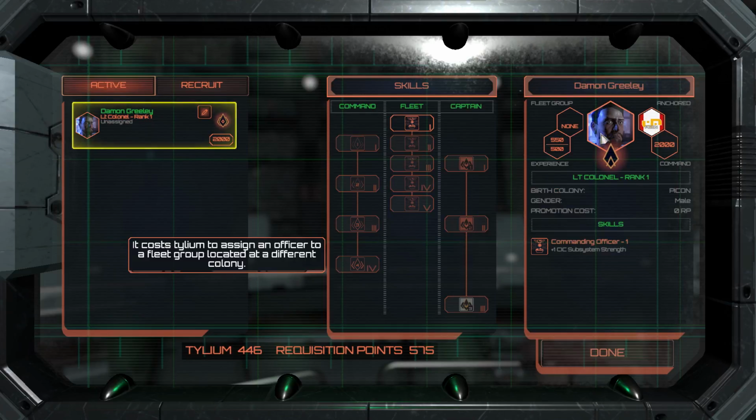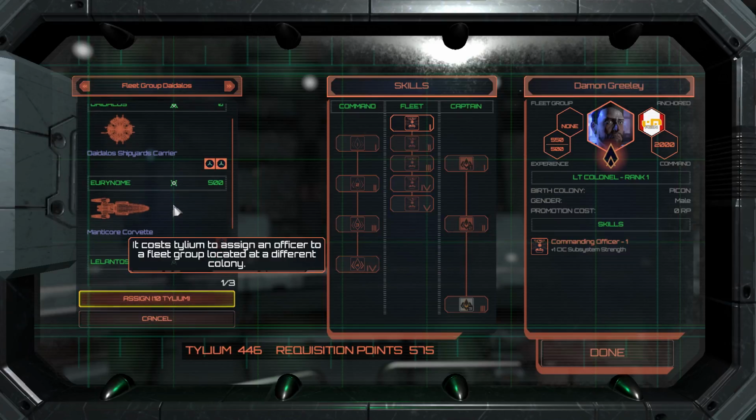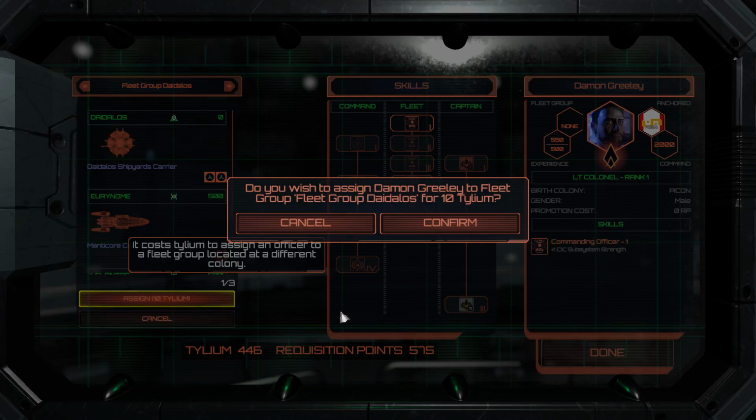So we got Damon Greeley. Nice. They've got all kinds of little skill trees and everything else here. Nice. Alright, so I can assign him to... Well, it looks like I have to assign him to Daedalus, so...